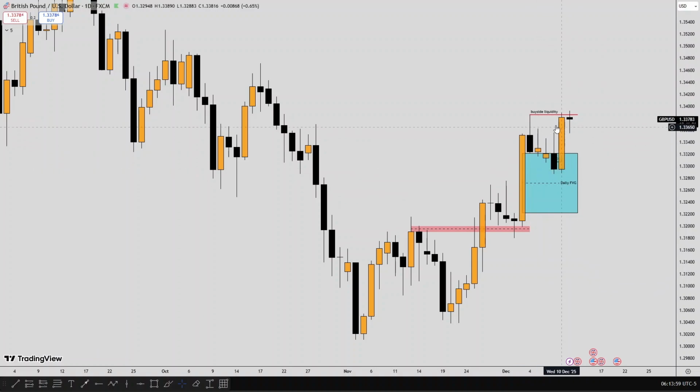Now in this example, after price respected the breakers block, after price took out sell side liquidity, took out the swing high, retracement, breakers block. After price respected this breakers block, price created a swing high, formed a daily fair value gap,